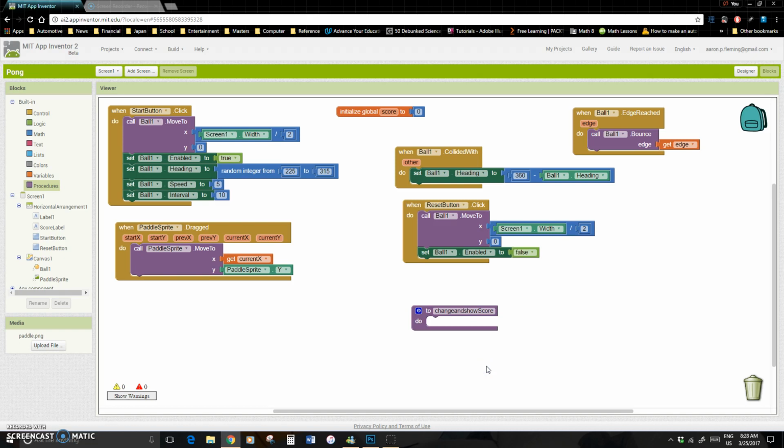Now this one's going to be a little bit different. We're going to actually put an input into it. So there's basically going to be a parameter we create, so that when this procedure is called by this other function, it's going to have to input a number into it. And so you click on the little gear here, you can do an input, and